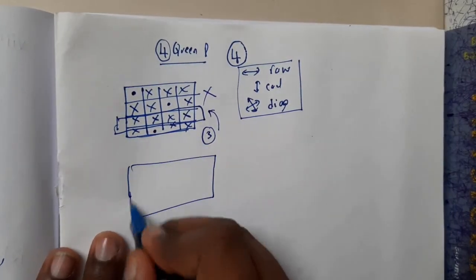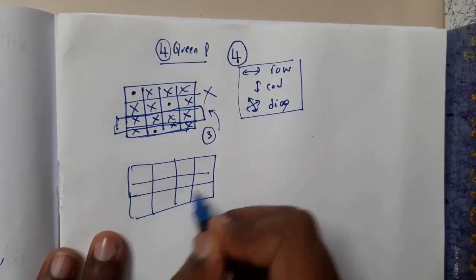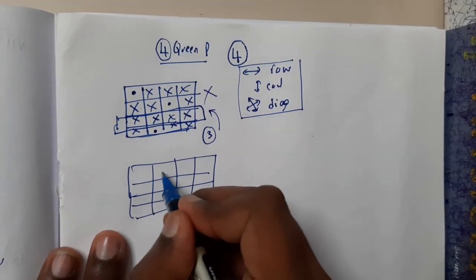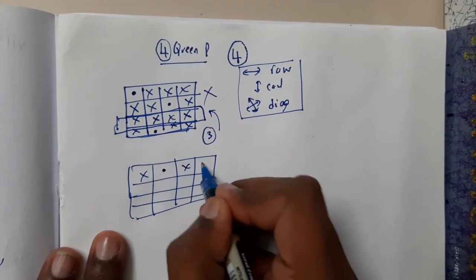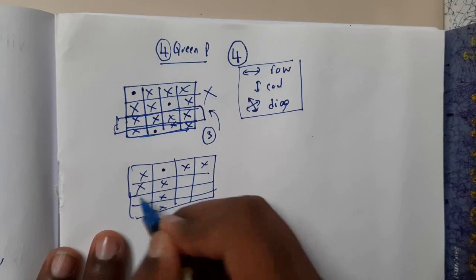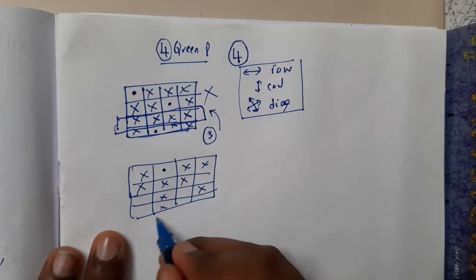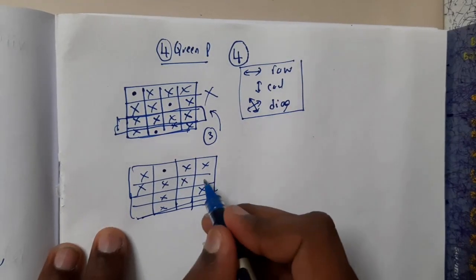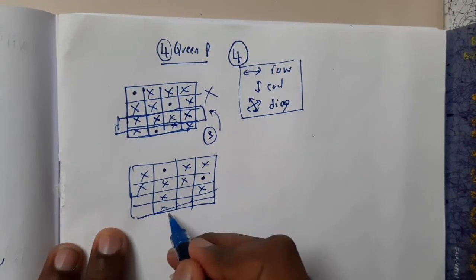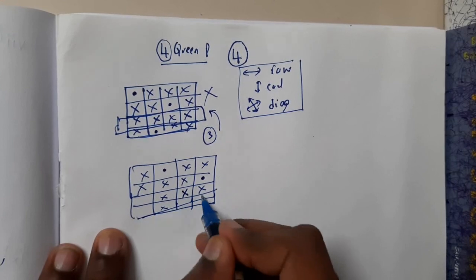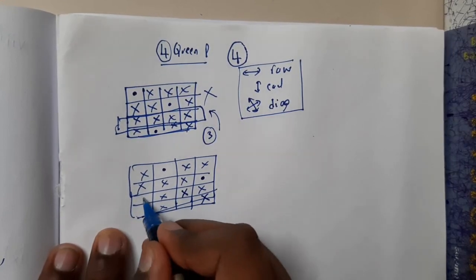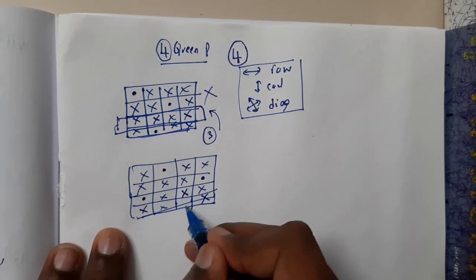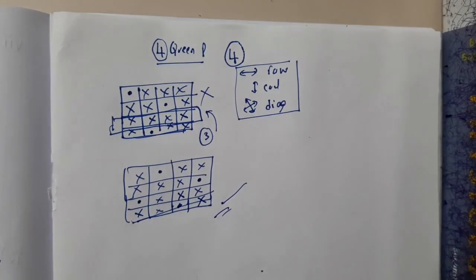Now let us move a bit to the side. Assume that I selected this spot. I will cross off all the spots which are not possible to place. So the next queen, assume you kept it here, then this is blocked and this is blocked. Now assume you kept the next queen here, so this is blocked, and you kept the last queen here. So we got a solution luckily.